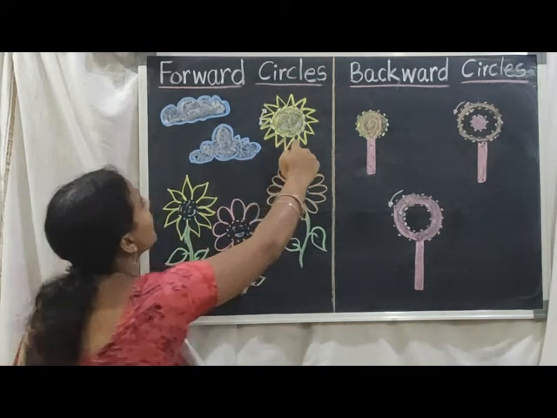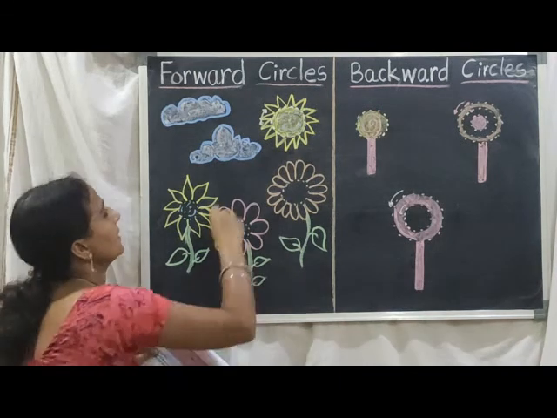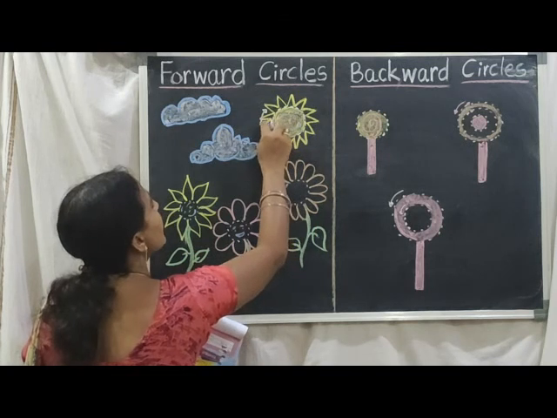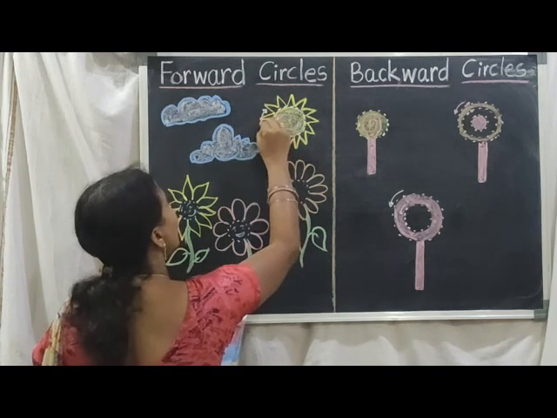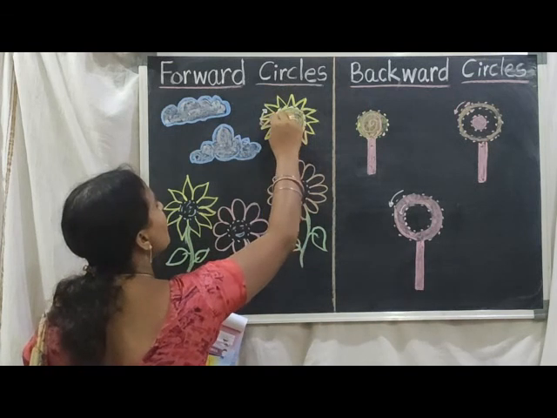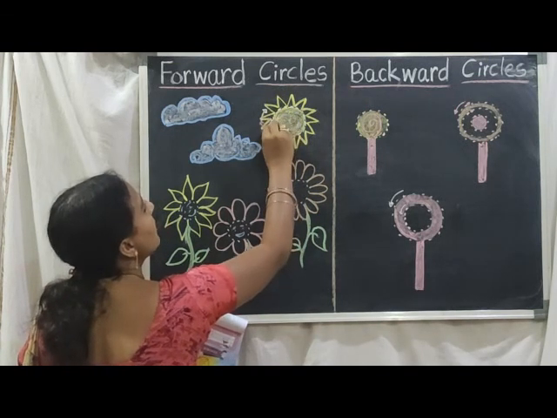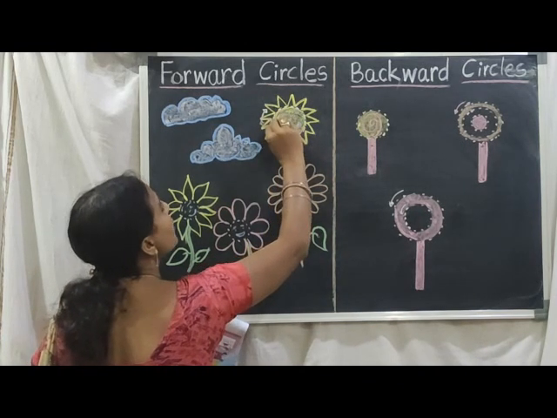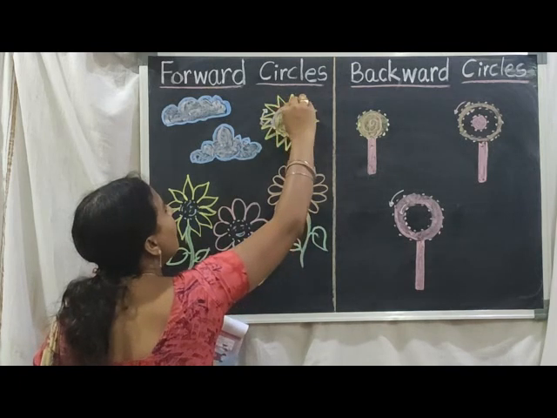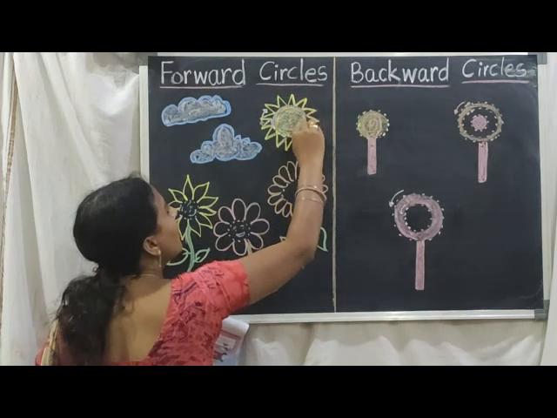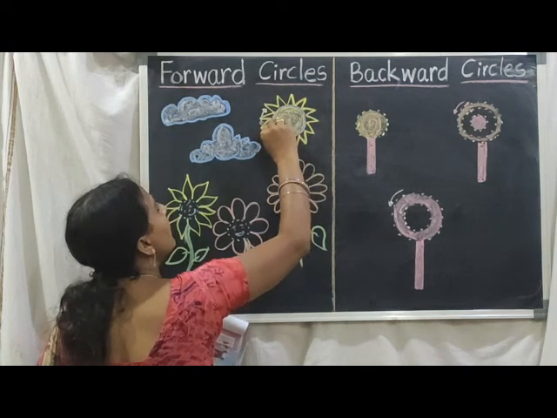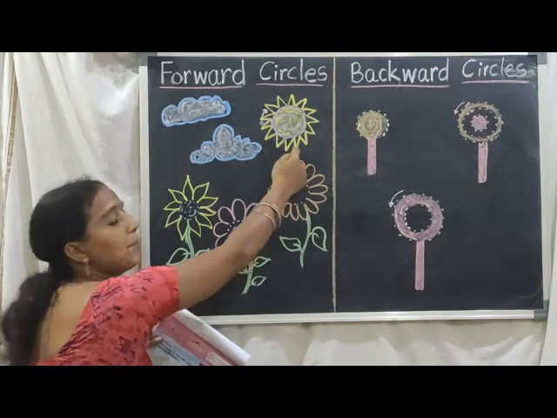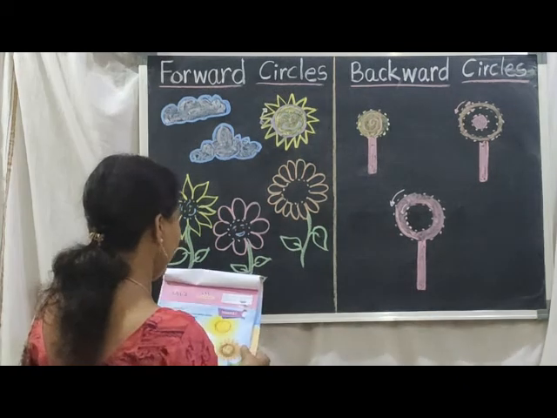See here. Here we are writing the forward circle. Look children. Here this is the dot. And we should put your pencil on the dotted lines here, and this is the forward circle, means you go up, then come down, then again join here. This is the forward circle like this. Join here, then it's completing the sun.